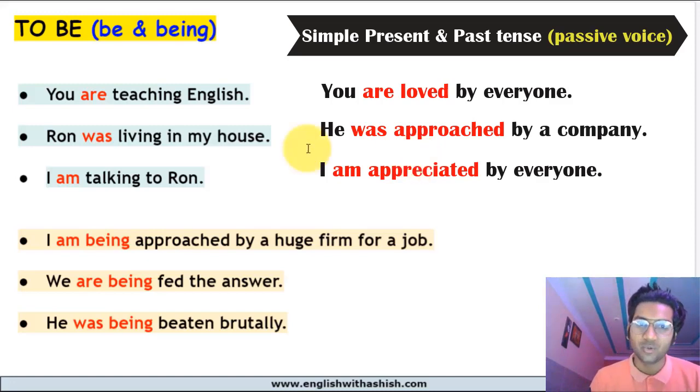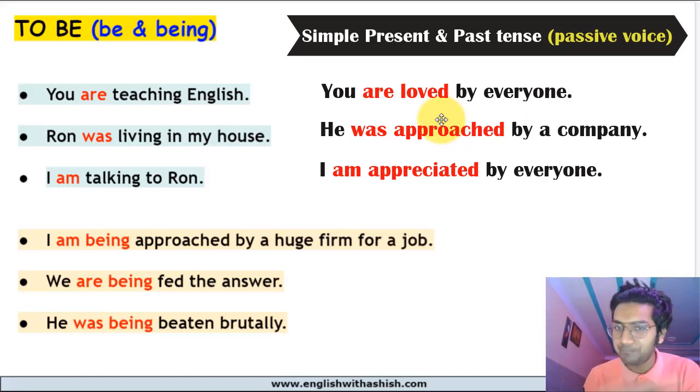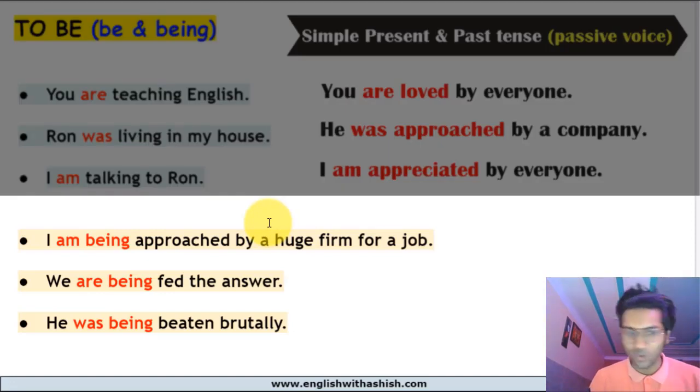Okay, passive voice. So is, am, are, was, were. When these verbs function as a helping verb, they're either followed by an ing form of verb, which happens in present continuous tense and past continuous tense. Is, am, are, present continuous tense. Was, were, past continuous tense. When they're followed by V3, past participle, they are used in simple present tense passive voice, is, am, are, right, and simple past tense passive voice, was, were. Okay, now, am being, are being, was being, were being.